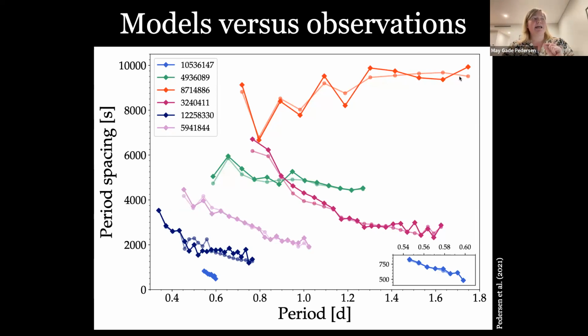The corresponding best fit is seen in a fainter colored line, so not a solid line, here in the background. So as you can see, we obtain quite a good fit to the observed period spacing patterns. That's good. But what we really want to get at is what the interior mixing and rotation properties of